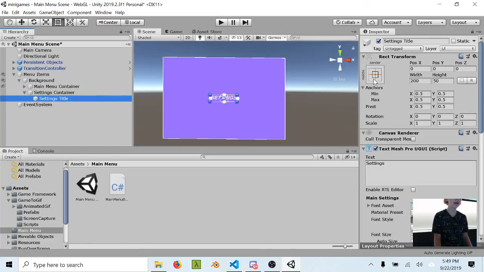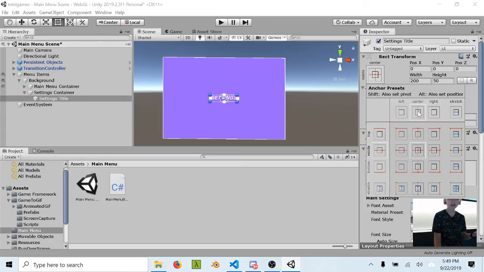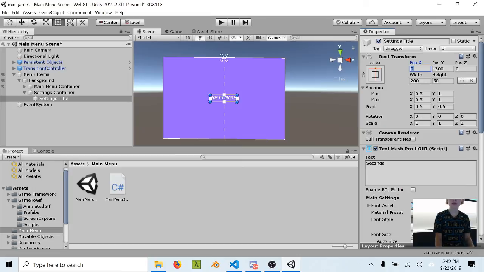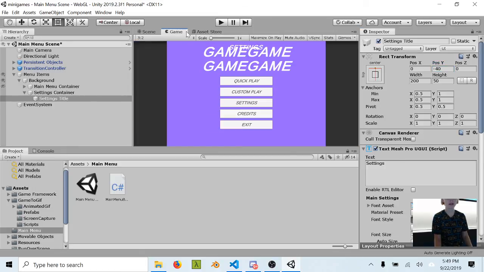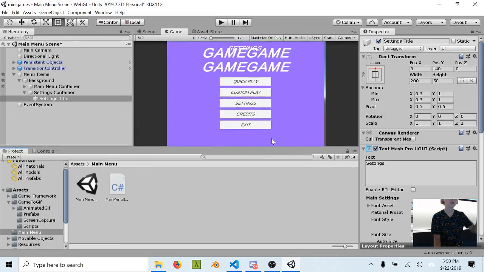I don't really want a title to be in the center. So something I can do is change its anchor point. And I would want to change it to be anchored to the top of its container. And this just lets me change the position as well with regards to the center. 40, that's not what I want. Like 40 or something, anything like that. So if our game scene changes size this way, it'll stay pinned to the top,